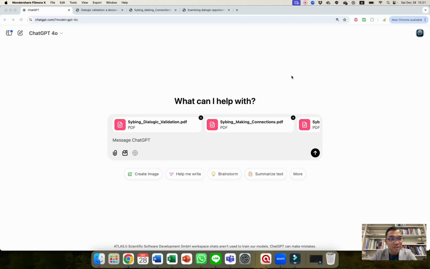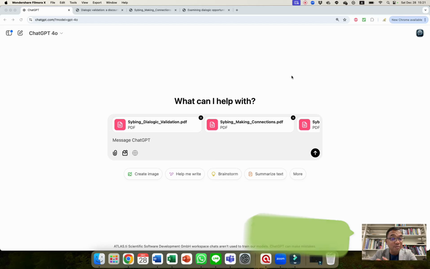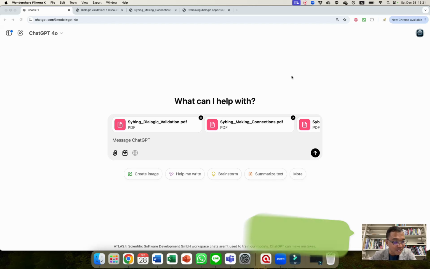Today we're going to play with ChatGPT to put together a framework for a future study that we might want to do in the social sciences. This is totally unscripted. I don't have any idea what ChatGPT is going to spit out, but hopefully this will be